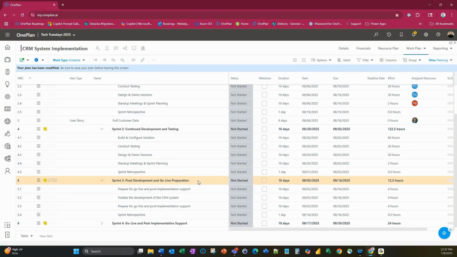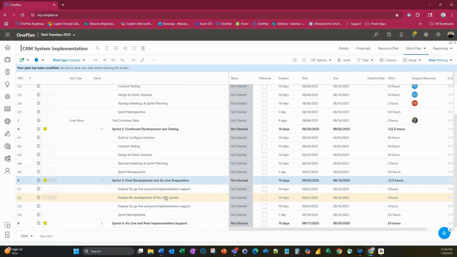We want to finalize the development of our CRM system. So what we're saying there is that we want to make sure that everything is right. Usually that is a mini pilot that you would do, or UAT testing that you would perform to do a quick walk through your system and make sure it is the way you want it to be. And then usually at that point in time, if that finalization is good and everything's go, you do a code freeze. If it is not, then obviously you'll have a period of time to make those additional updates. Then we want to prepare for the go live and post implementation support.